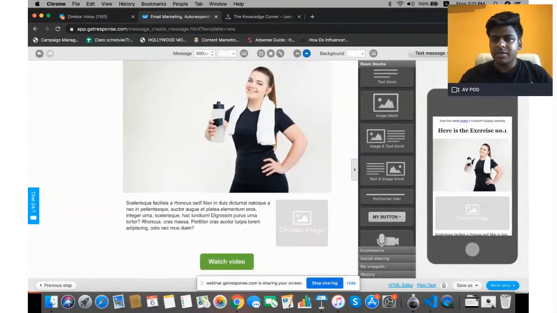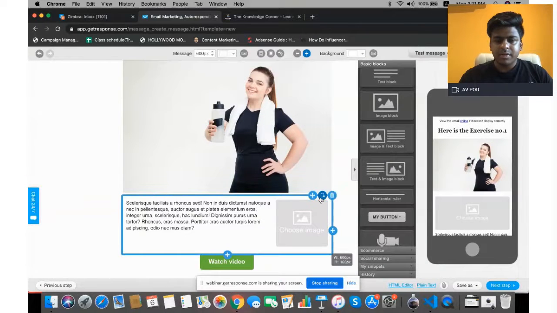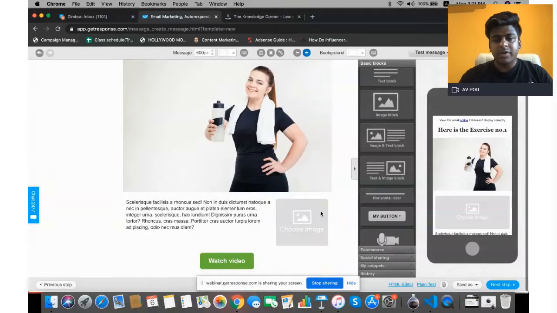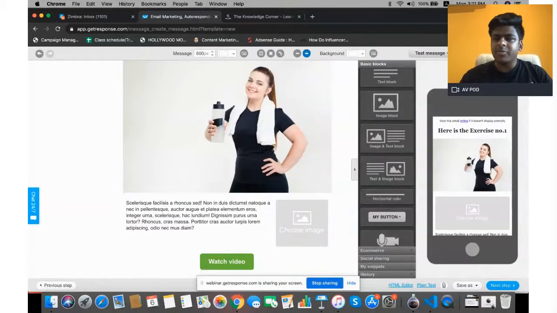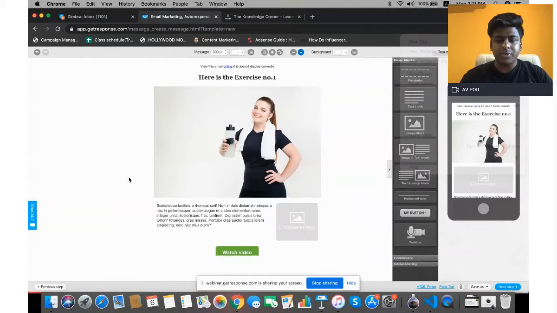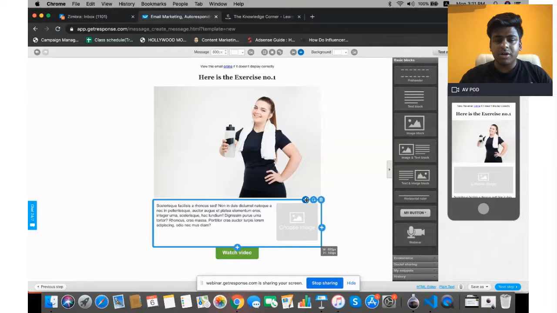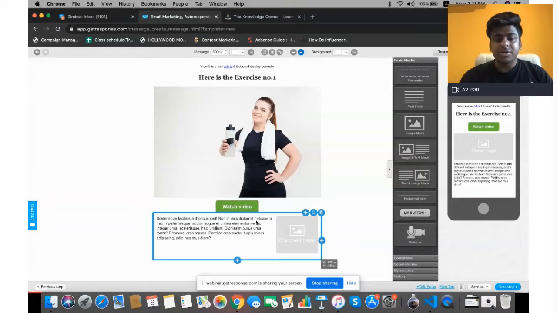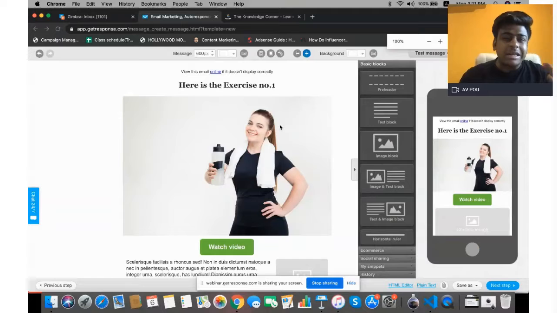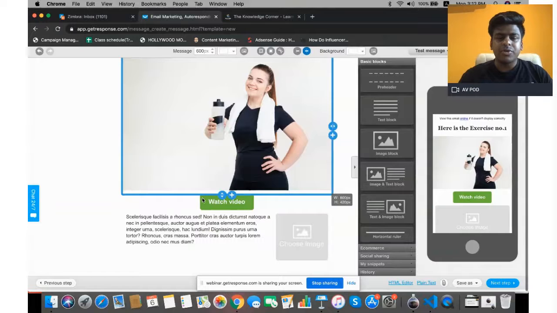Wait a minute, I think. All right, no problem. Just because I am not using a mouse, it is giving me some trouble, but I think now I can properly do this. So if you can see, it's done, and I'll get back to the normal size. So these are some of the technical errors you may get from the email software, but some of the hacks can always help you to get over them, right?